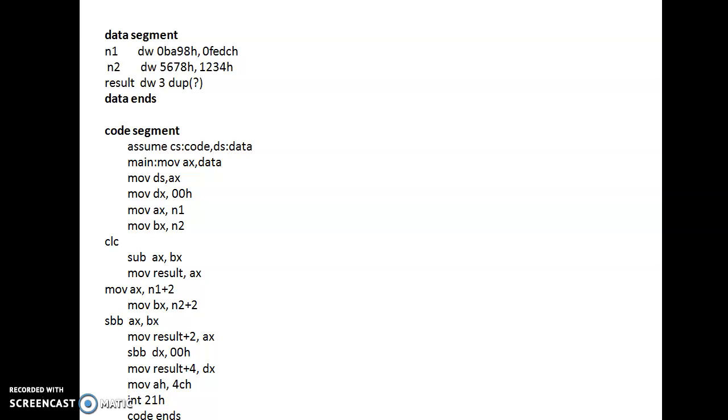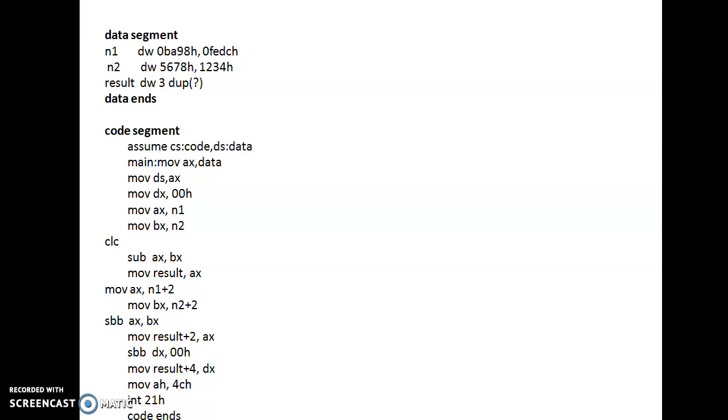Here we are taking two numbers as we discussed, N1 and N2. Both numbers are given as a word, that is DW. DW is defining the word. What is this DW? DW is an assembler directive. We are informing the assembler that it is going to expect a 32-bit input.